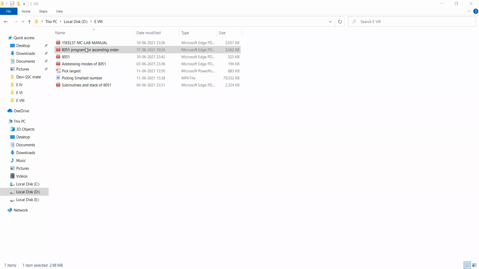That data you can compare with the next data for the second iteration. In the second iteration, you compare the next pair.